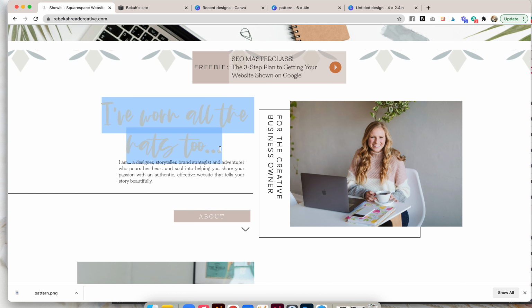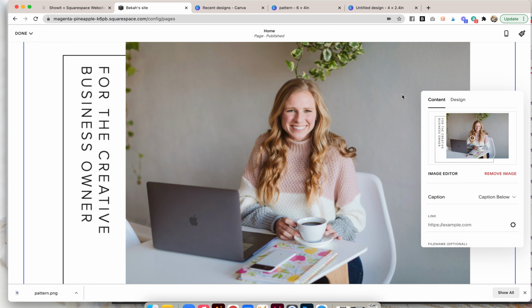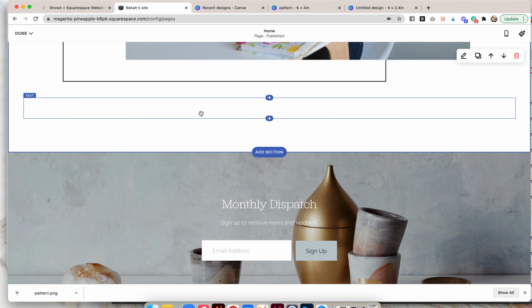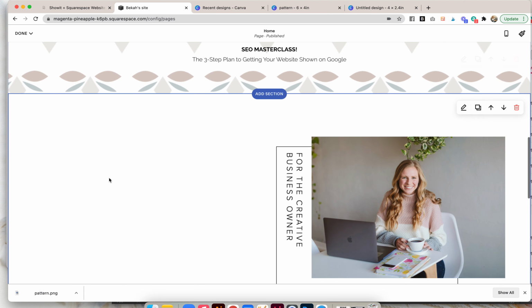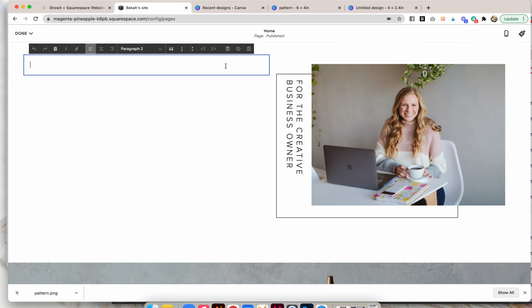This is a super fancy font, which is totally easy to create in Squarespace. But I'm going to choose not to go into that right now because it involves coding. Again, don't be intimidated. It's not super hard coding, but it is coding, and I just want to do the thing.